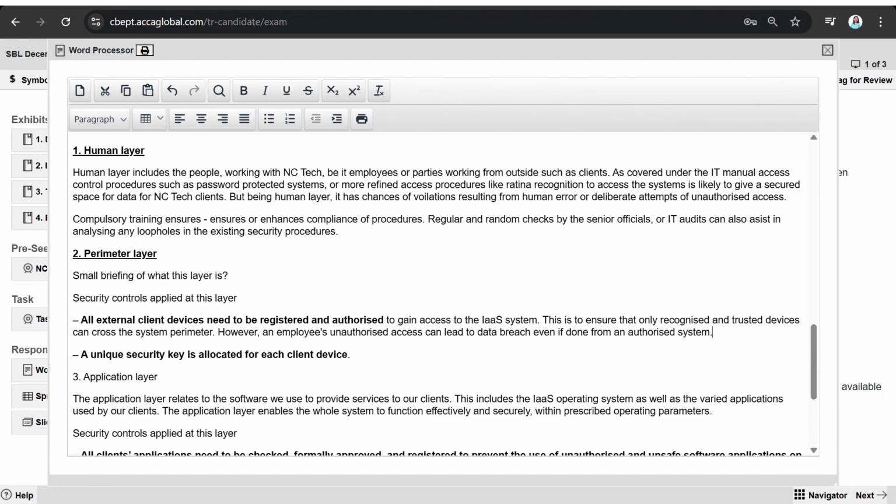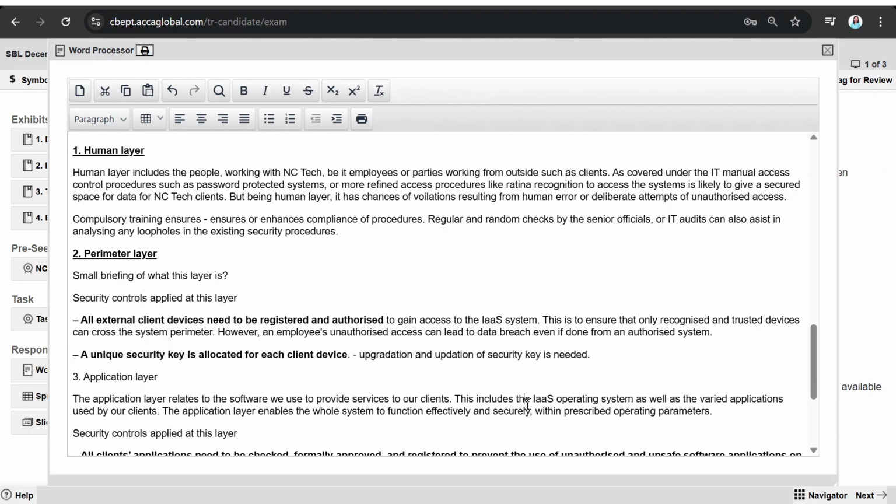So here you can give this suggestion. Number 2, unique security key is allocated. So a unique security key will enhance security definitely. This security key must also be upgraded from time to time. This security key updation is the need. Upgradation and updation of the security key is needed. Another thing, security key, even if you are upgrading and updating from time to time,